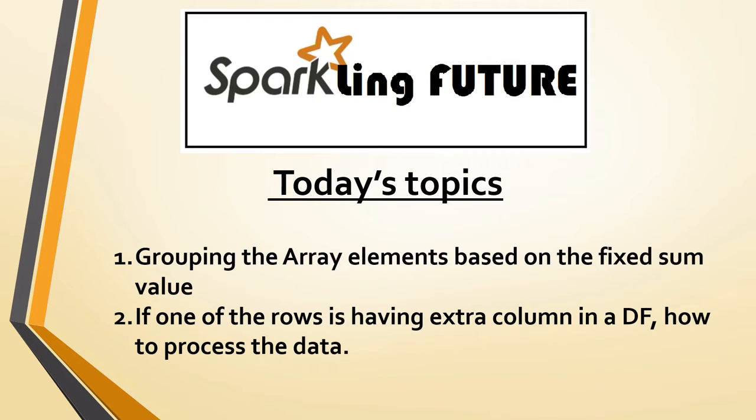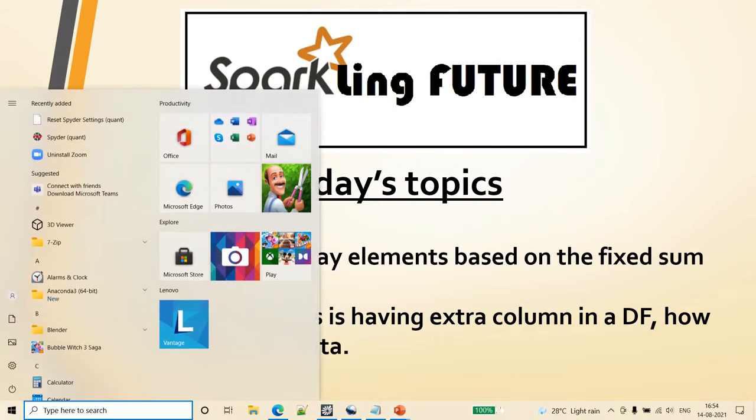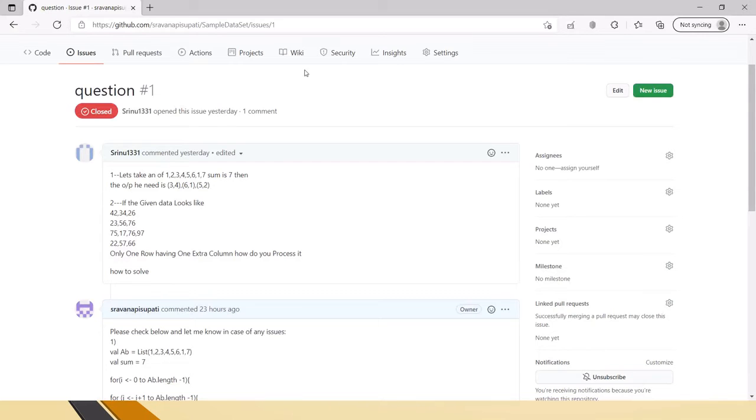One of our friends asked these two questions in GitHub, and let's see how to solve them today. The first question is: let's say there is an array like this, 1 2 3 4 5 6 1, and the sum value is 7.